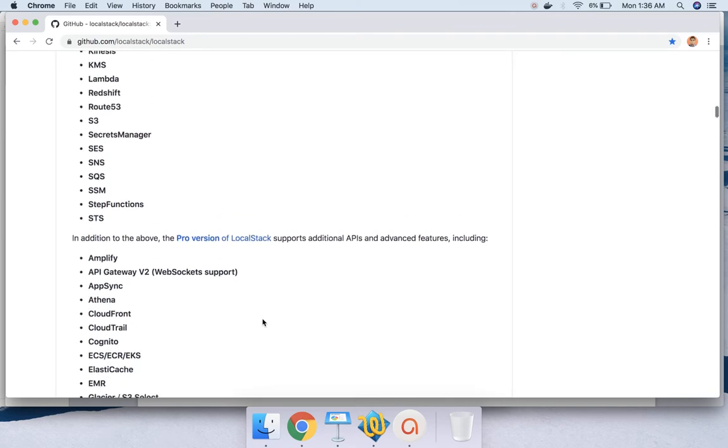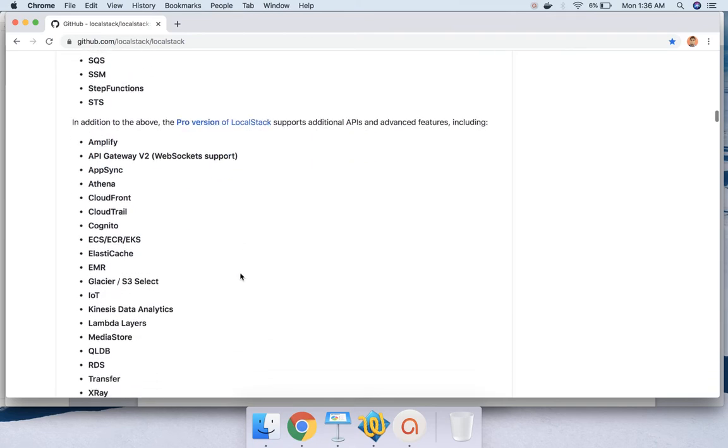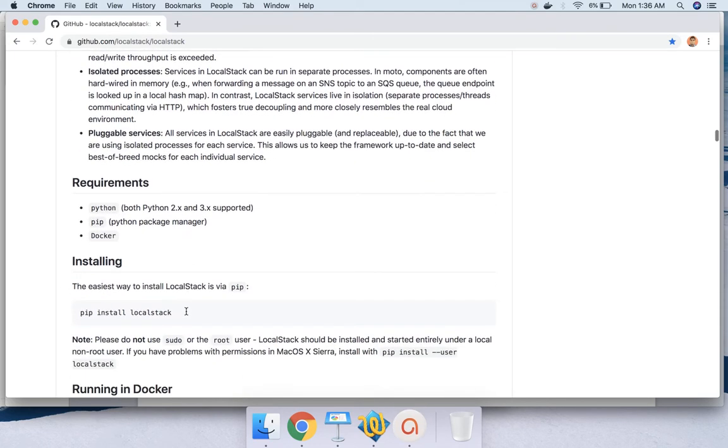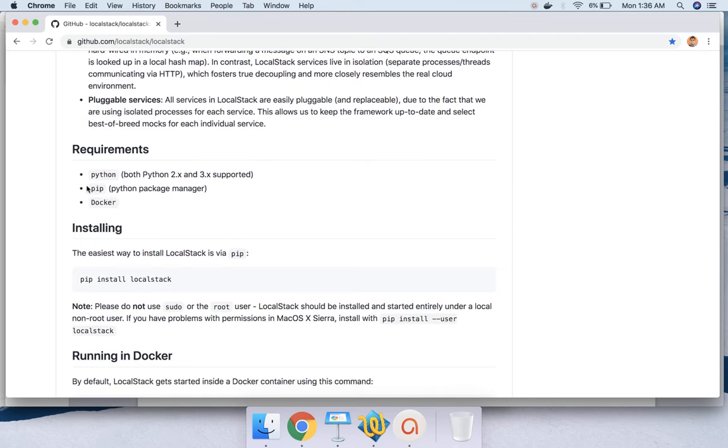Fine. So what are the prerequisites if you want to install LocalStack? You need to have Python, either Python 2.x or 3.x, and you should have pip, the Python package manager, and you should have Docker running. To install Docker on different operating systems there are slight variations, for which you can go through the Docker tutorial.